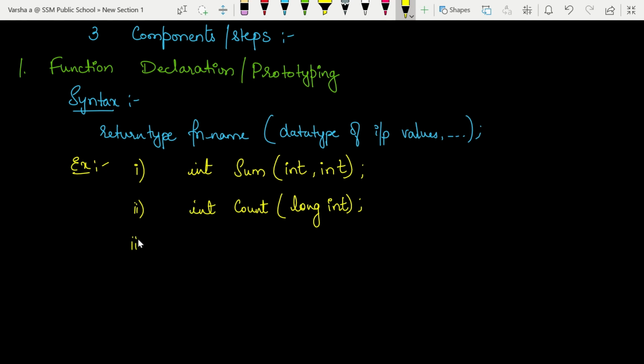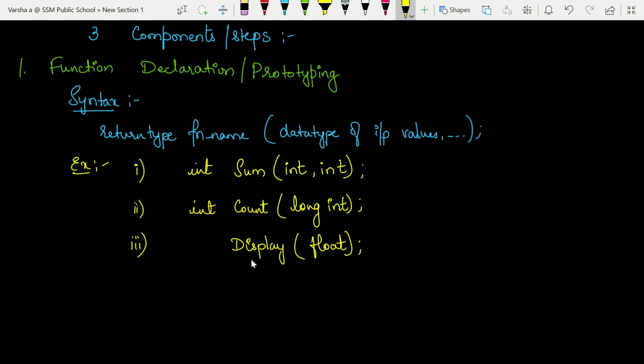And suppose I want to display some value. Then I will give the function name display. I am going to pass a float value, and this is not doing any calculation. The task of this function is just to display the value that is passed as an input.